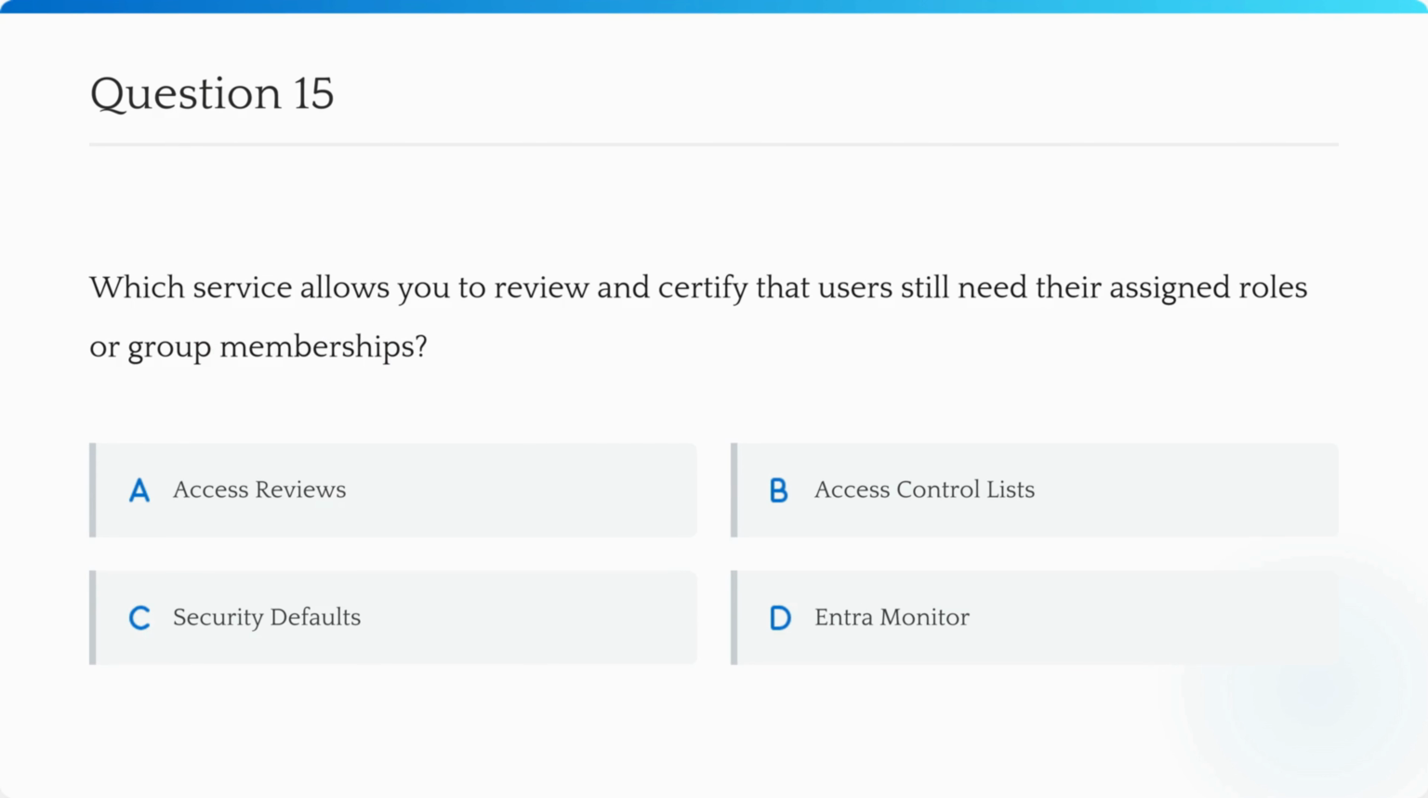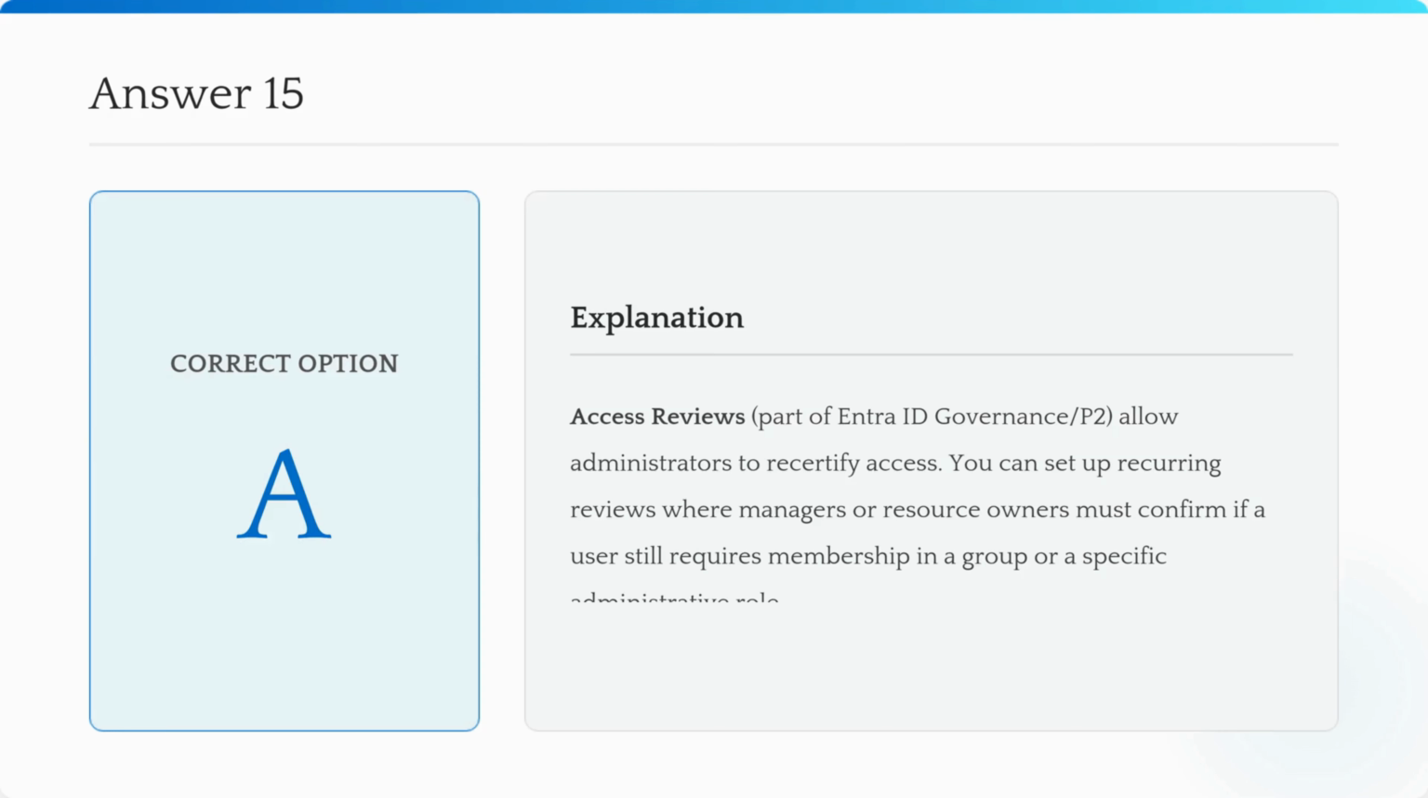Question 15. Which service allows you to review and certify that users still need their assigned roles or group memberships? The answer is A. Access Reviews. This is a governance feature that requires managers or owners to periodically confirm if a user still requires access, helping